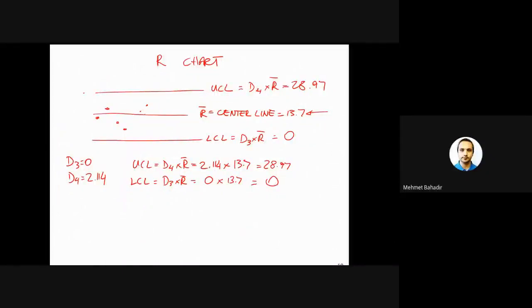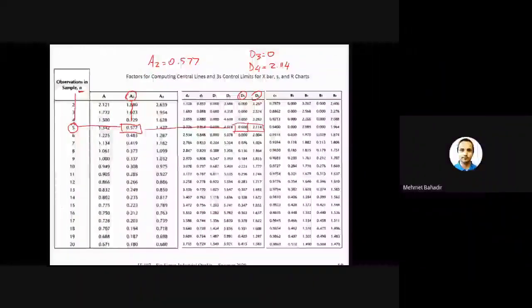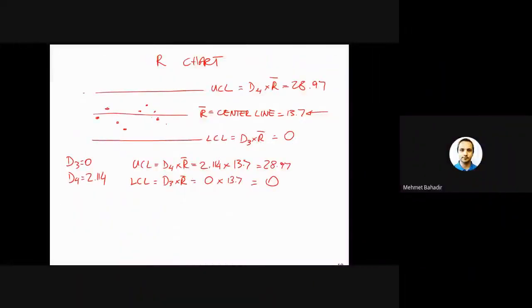15, 16, 14, 13. Let's go back one more time. 12, 15, 13, 16. 12, 15, 16, 13, somewhere here. So these are the